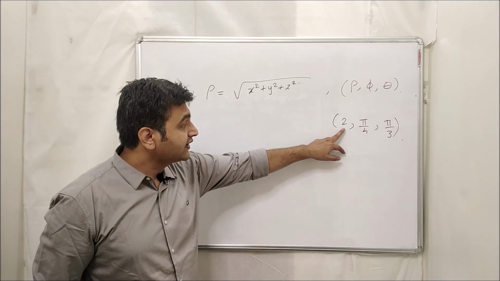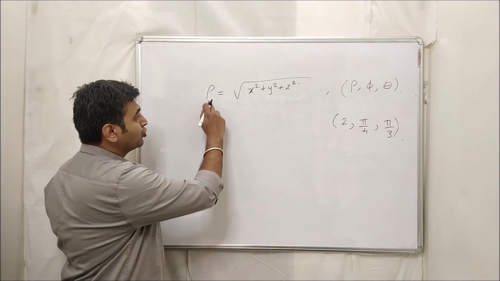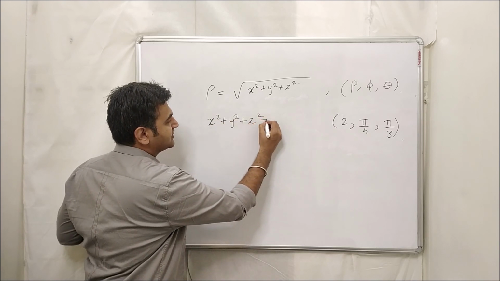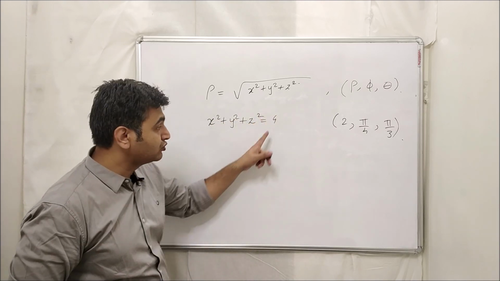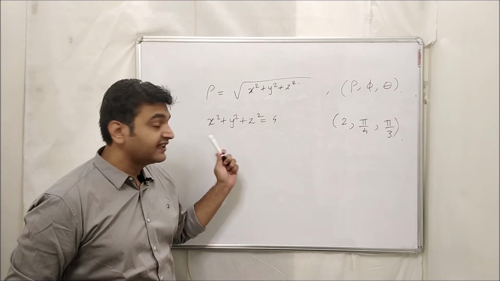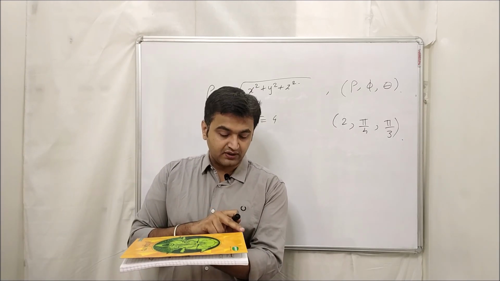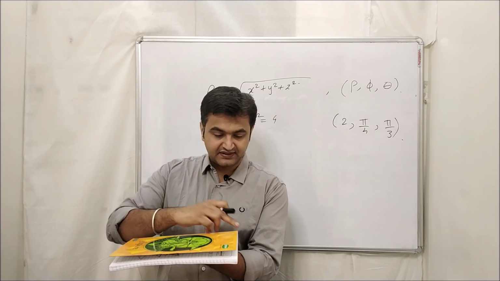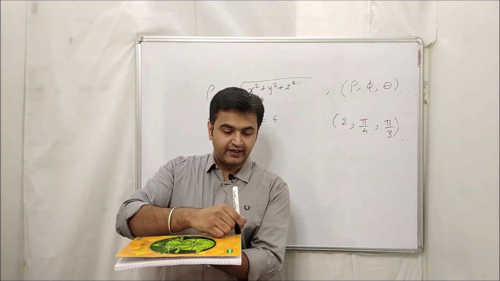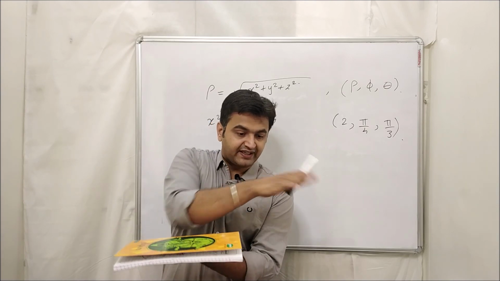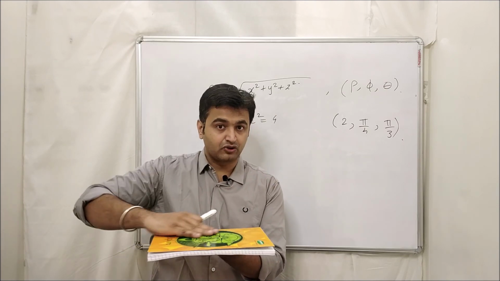So now as soon as I give you rho equal to 2, what do you get? x square plus y square plus z square equal to 4, right? 2 square. So this is an equation of a sphere. If this is my xy plane, this is fixed, this will be my origin, positive x-axis, positive y-axis, and this will be my positive z-axis. This is my negative part. This is my first octant.